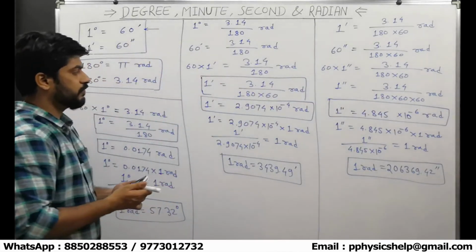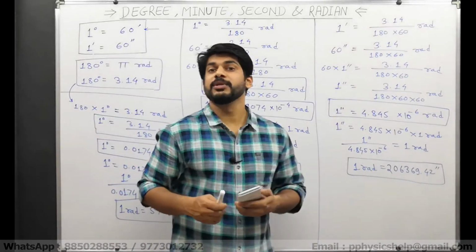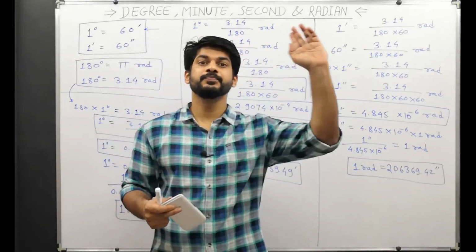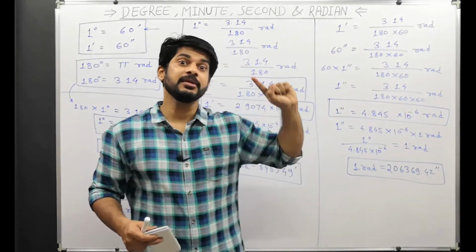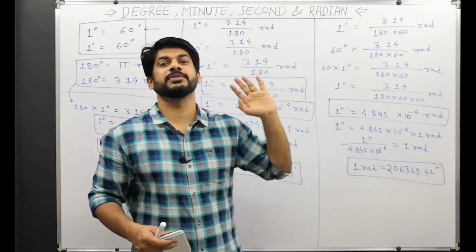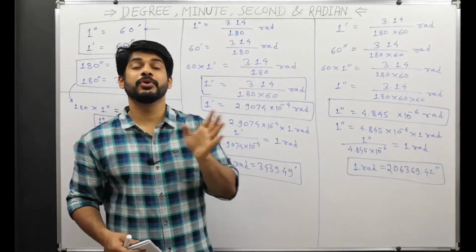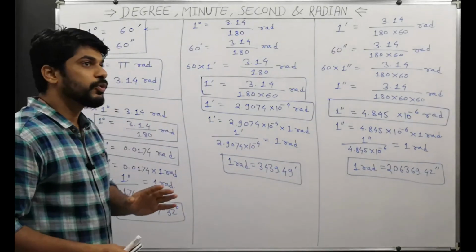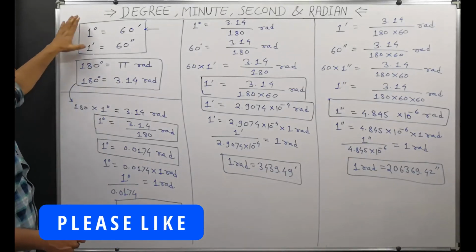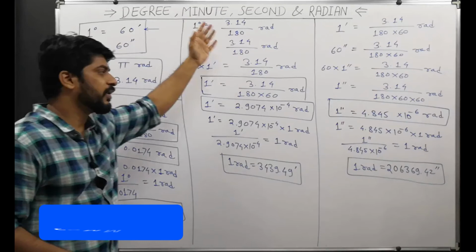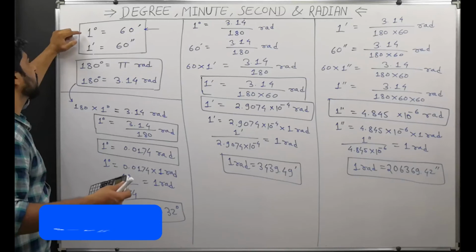So in this way we have got all the answers that we were looking for. We have been able to convert from degree to radians, then minutes to radians, and then seconds to radian, and vice versa: radian to second, radian to minute, and radian to degree. So all these things have been done. If you look at this, you just need to remember these 3 relations. That's it. If you remember these 3 relations, you can find out anything, and that is not that hard also.